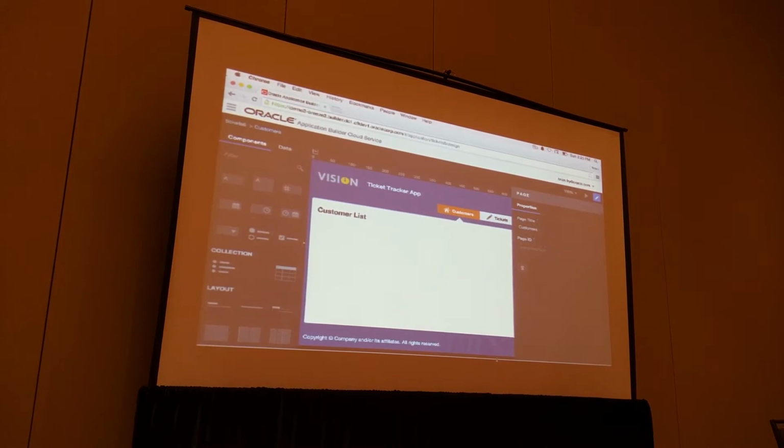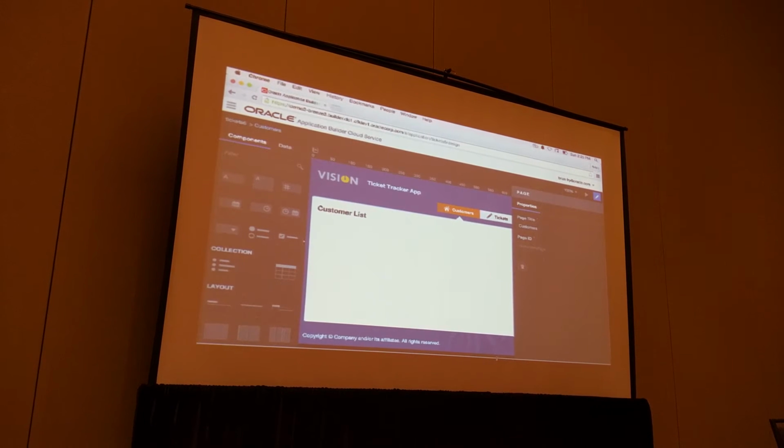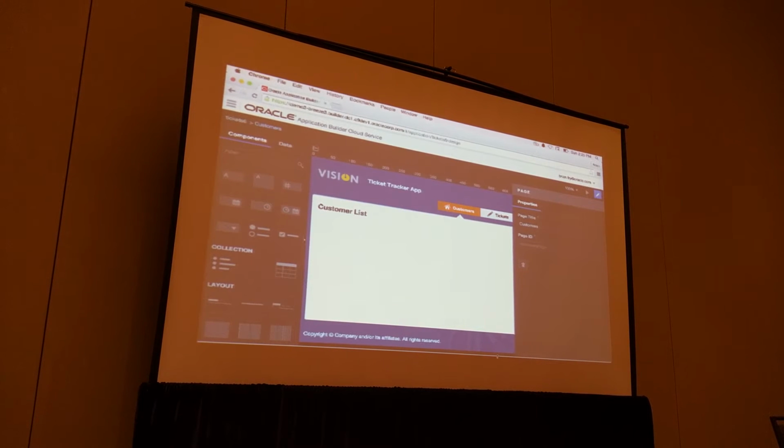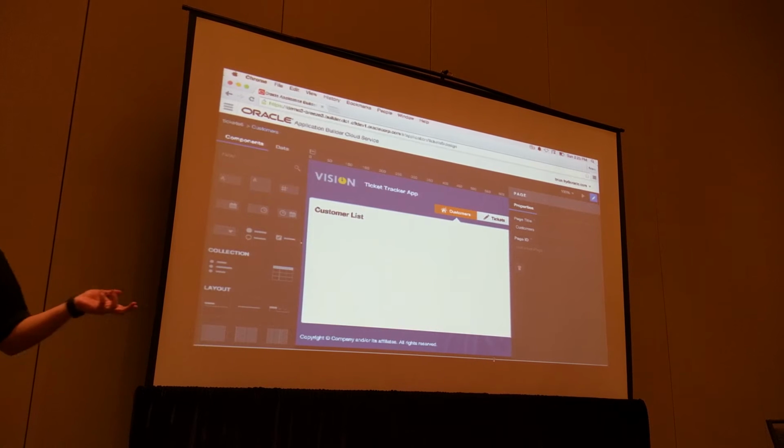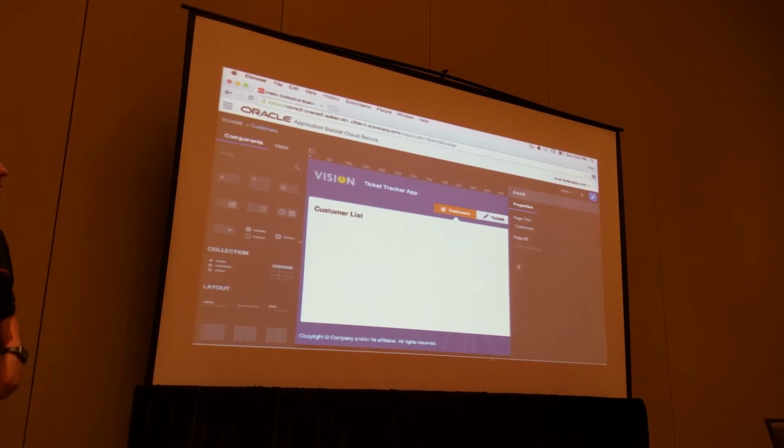It even goes so far, which I'll show you in a second, as to show you the live data that you're interacting with, also displayed here in the design time. So you're seeing all of it live. Okay, so now I want to get some data into this application, and like I said, there's basically two